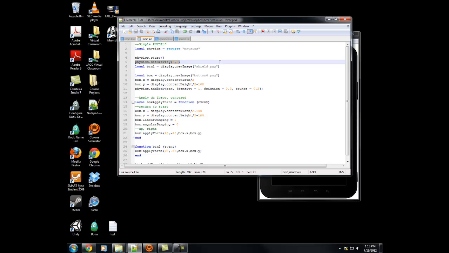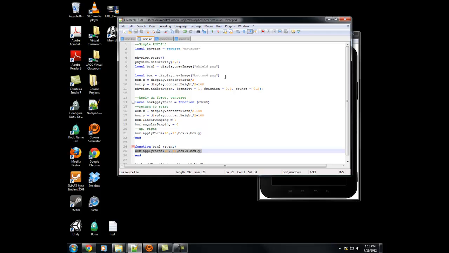In this example, I just have a button which will apply a physics force on another object. So right here, it's just a simple image, and it has a listener which calls this function right here, and that applies a force to another image, which is button 6. And what I've done here is I've specified its location based on the device coordinates,